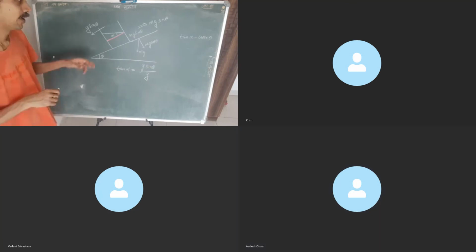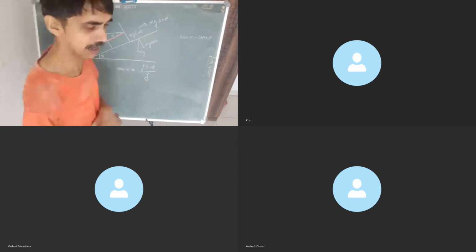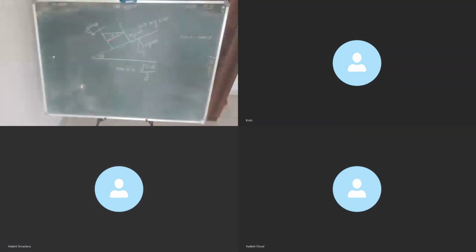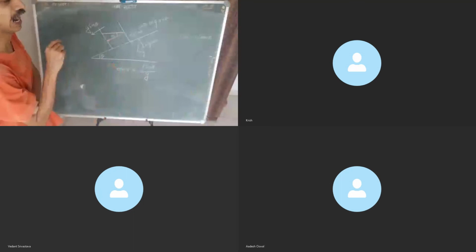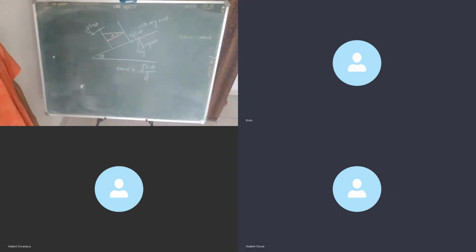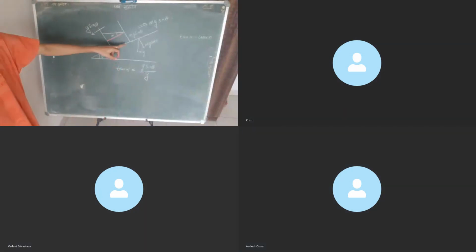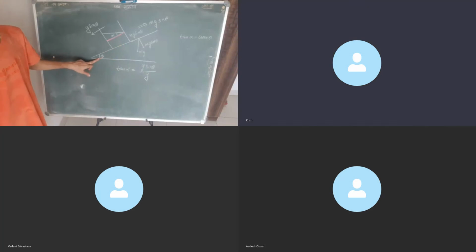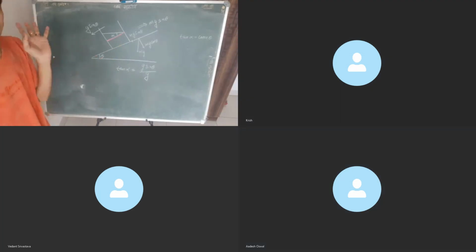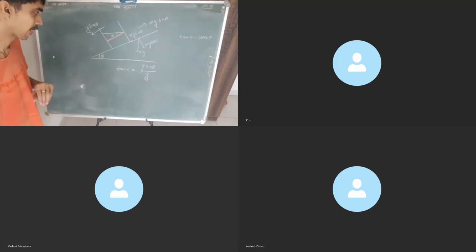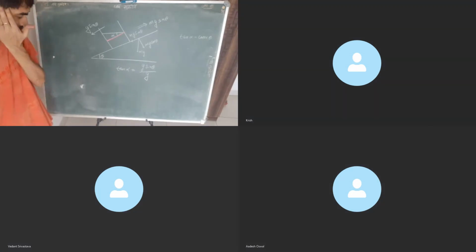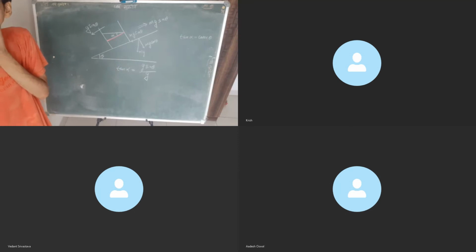Think about it. For now, is this fine with all of you, that the level will be parallel to the inclination? Agreed or not? With the horizontal, it will make an angle theta, right? This level will make what angle with the horizontal? Theta only, right? So please keep that in mind forever. Now with that in hindsight, let us go for the next part of